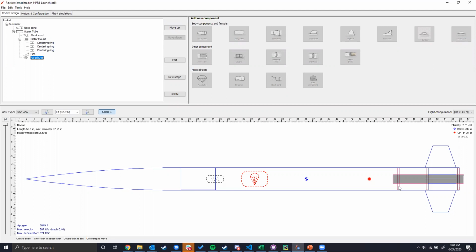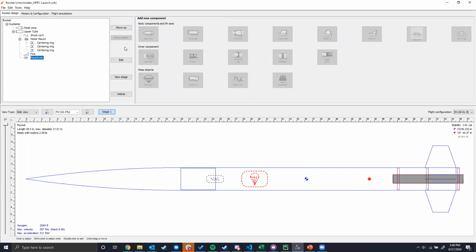Basically each of these rings is a 1/4-inch thick plywood bulkhead with a hole in the center of it that the motor mount goes through. And from that, you have these three that are all equally spaced, and they hold together this bottom section of the rocket. You'll want to have them epoxied in place. And going through all of them is this motor mount,